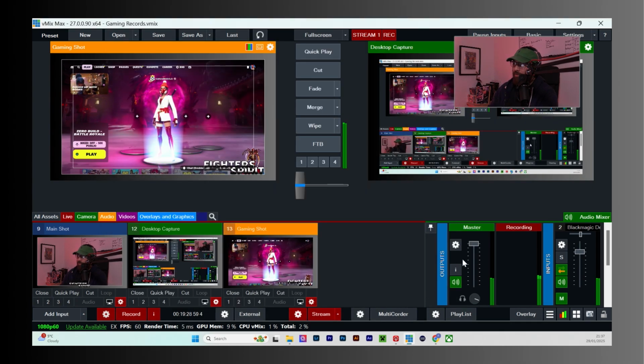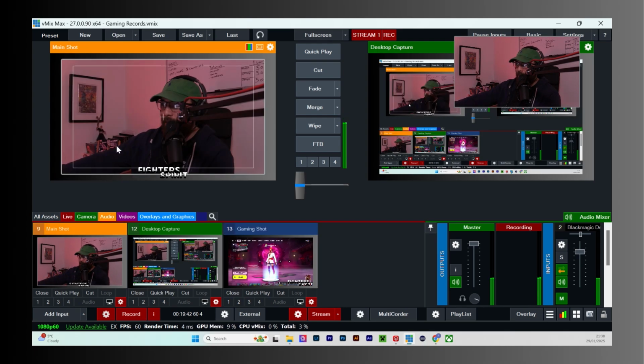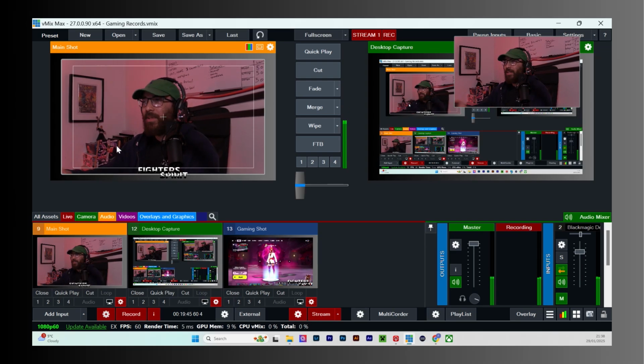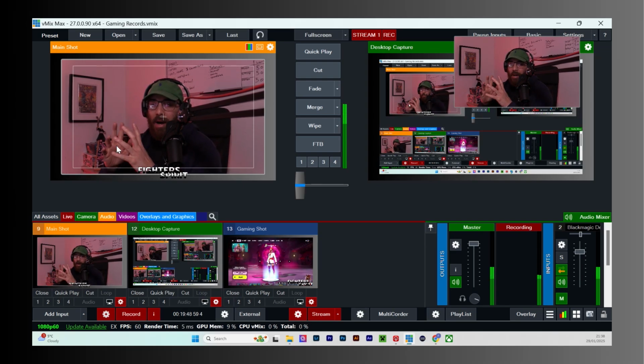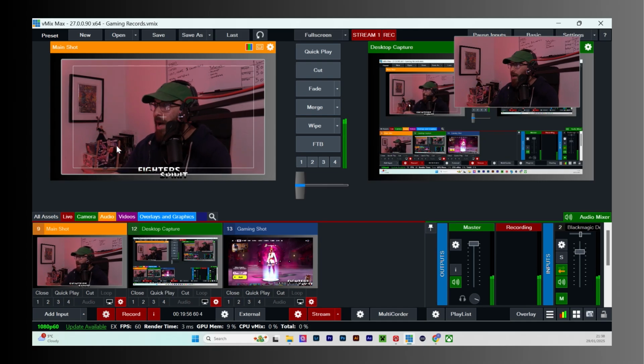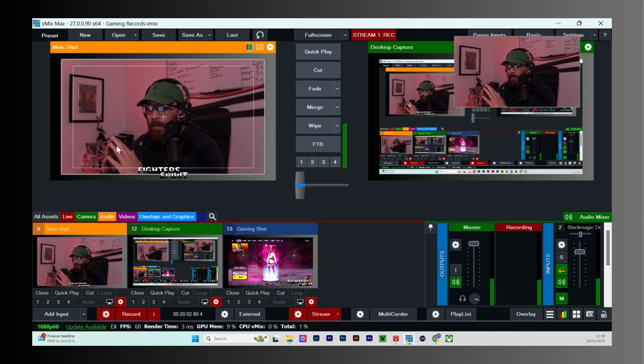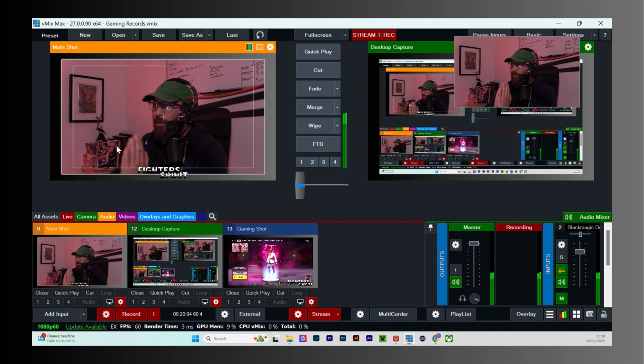So now let's see if what we've done has worked. What this should do is throw this shot here into here. Let's see. It's the moment of truth. 3, 2, 1. Boom. And it worked first time. So we just assigned a button so that, let's say for example, like yesterday when I rage quit, I just want to take a break. If I'm fumbling around trying to find the mouse, that's long, you just want to have a quick rage quit button. So that's what we're going to do. We're going to assign the other two buttons now for the desktop capture and the gaming shot.